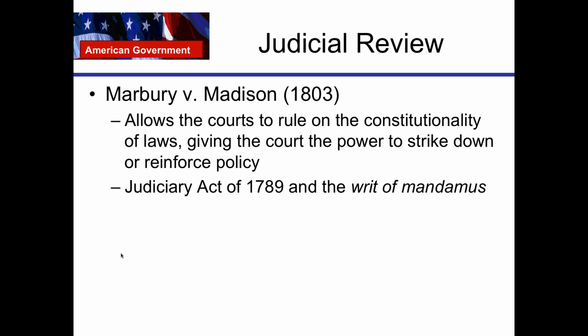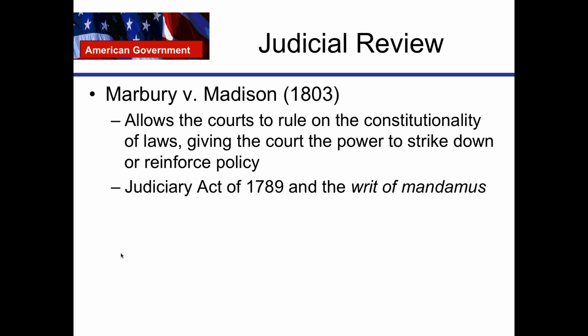It hears the case for the first time only in certain areas. If you have a state suing a state, or if you have a case involving ambassadors, this is all in Article 3, Section 2 of the U.S. Constitution. For those cases, and those cases only, does the Supreme Court have